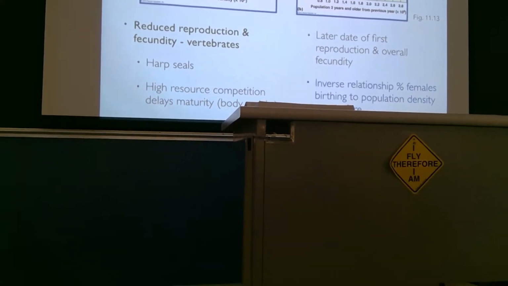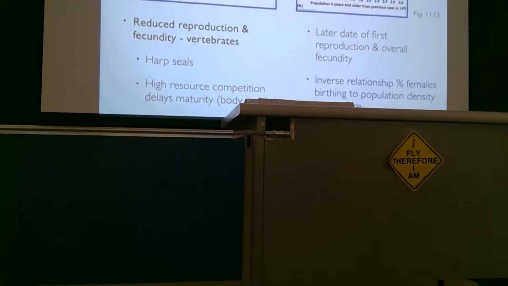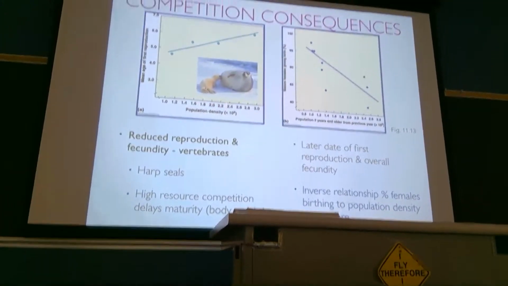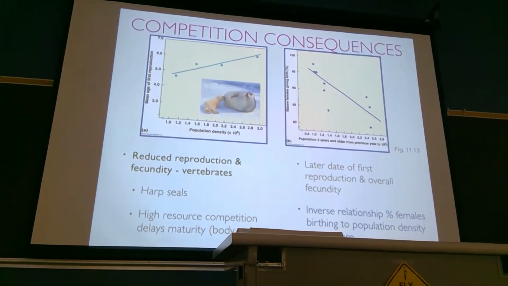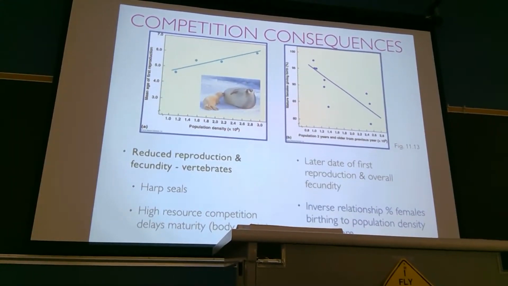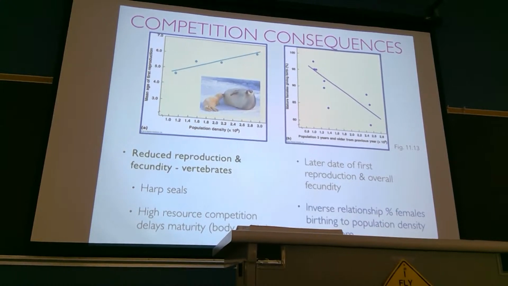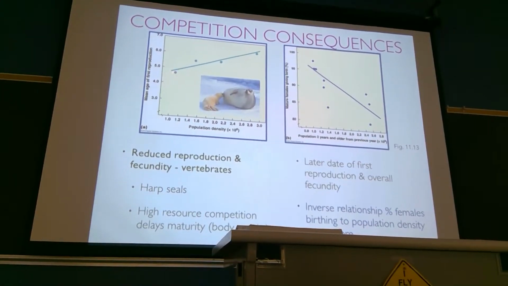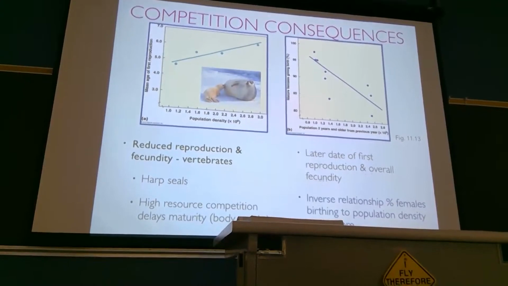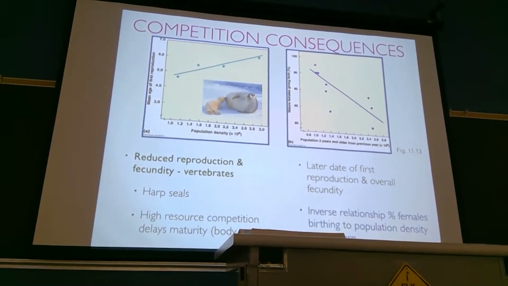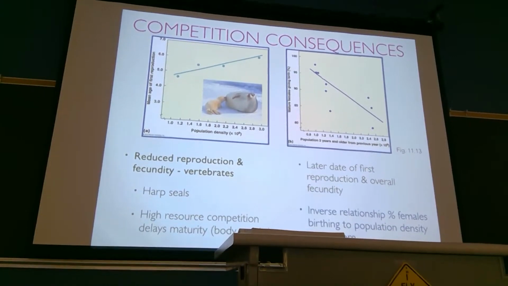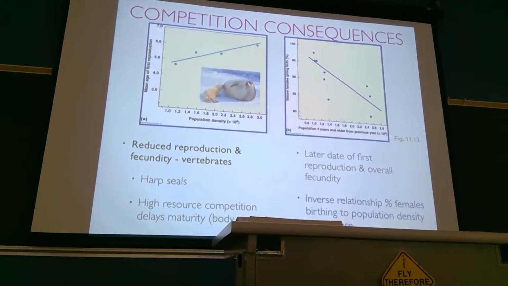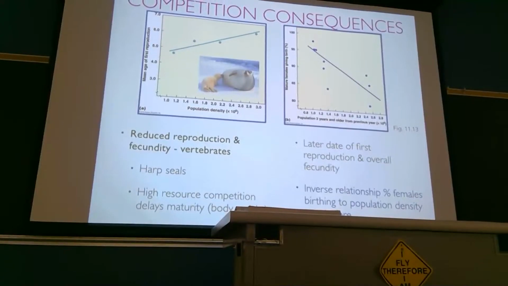What we see, though, is that if you wait to reproduce, there is a trade-off in terms of population density and when you begin to reproduce. If your population density is very high, your first age of reproduction is delayed. It happens later, somewhere from 4.5 all the way up to 6.5 years. That's two reproductive cycles that are delayed because of high population density. It affects the amount of reproduction for the individual and then for the population as a whole. Because fewer individuals are reproducing, you can stabilize your population size. Does that make sense?